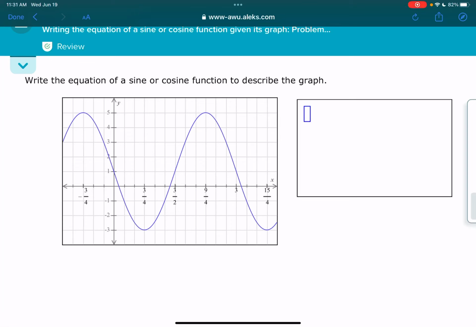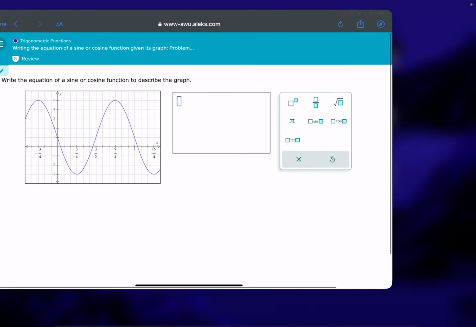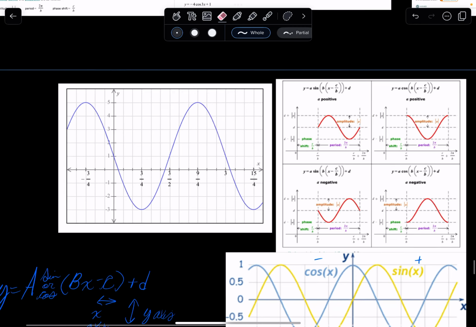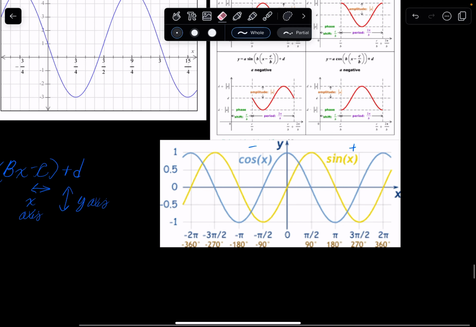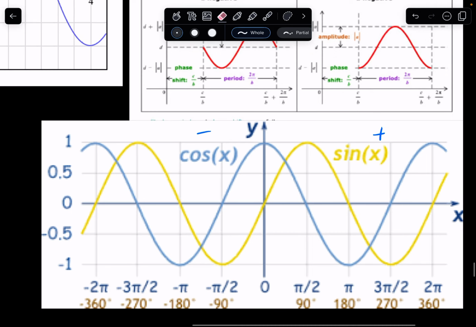Okay, so in this video, I'm gonna try to explain how to use Desmos to solve problems like this. So the first thing we want to understand, I already pasted it over here so we can see it. First thing we want to understand is whether the graph is a sine graph or cosine. And we can tell that by looking